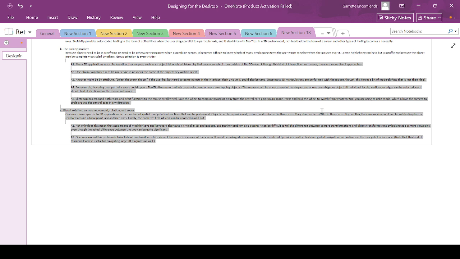One way around this problem is to include a thumbnail absolute view of the scene in a corner of the screen. So a corner of the screen could have a thumbnail or a small picture that shows what the scene is. It could be enlarged or reduced as needed and could provide a reality check and global navigation method in case the user gets lost in space. So in that sense, it allows the user to have context on what is actually there using that small picture. Note that this kind of thumbnail view is useful for navigating large